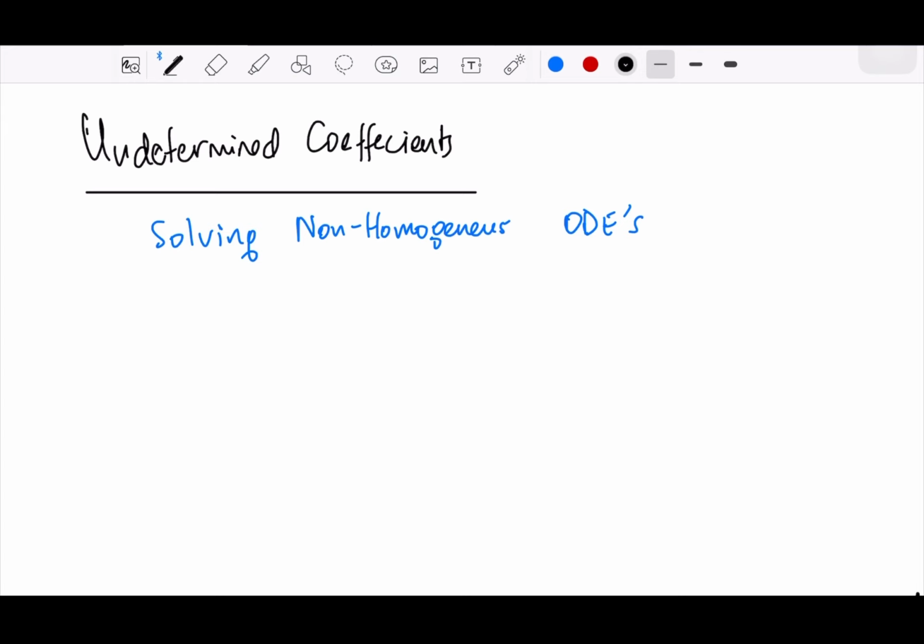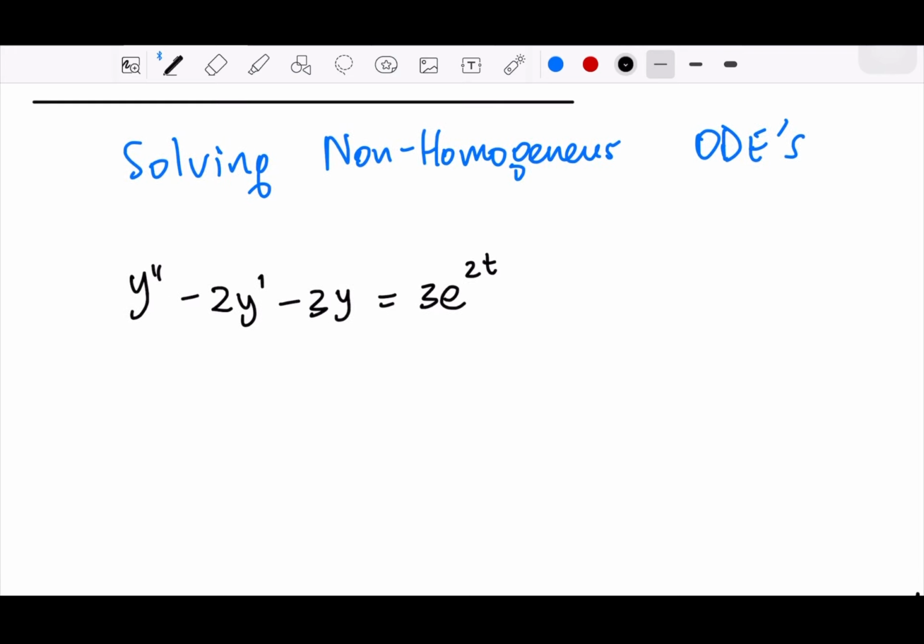So let's look at this equation. Okay, this is non-homogeneous because the right side has 3e with power of 2t. Okay, so you could also guess that the independent variable is perhaps t, because there's no other information. So we assume that the independent one is t and the dependent one is y. Let yp be this particular solution,